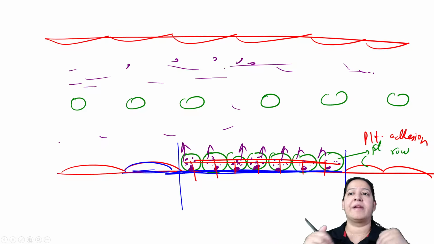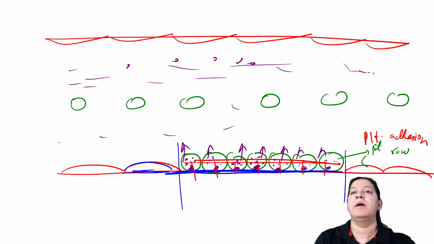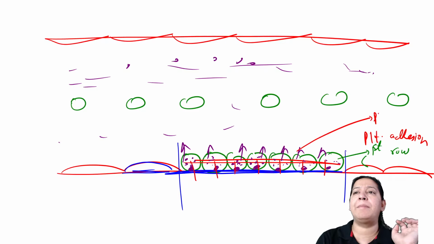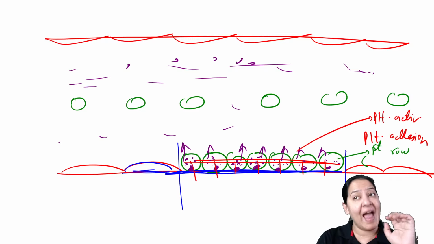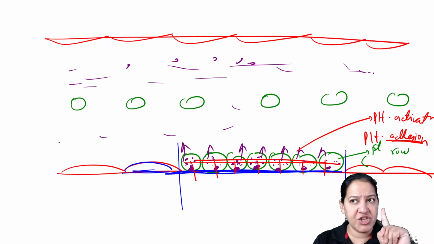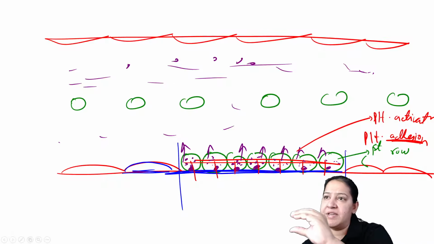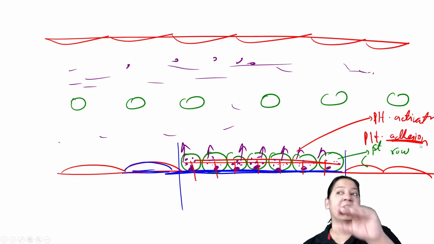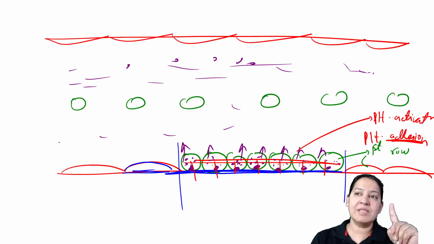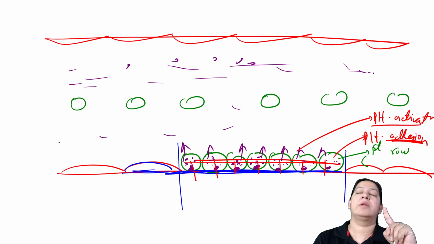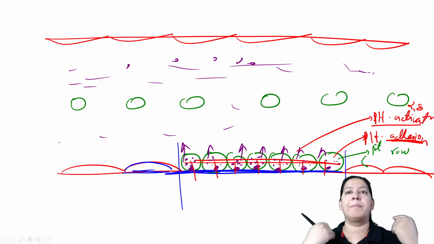We require more platelets. So this step, the second step, the degranulation, is known as platelet activation. So it is activation of the platelet. First adhesion takes place. In adhesion one row is completed. After that, the row which is completed will secrete granules inside it and release them in the blood. So this step is known as platelet activation. In activation, alpha and delta granules are secreted in blood and call other platelets also.